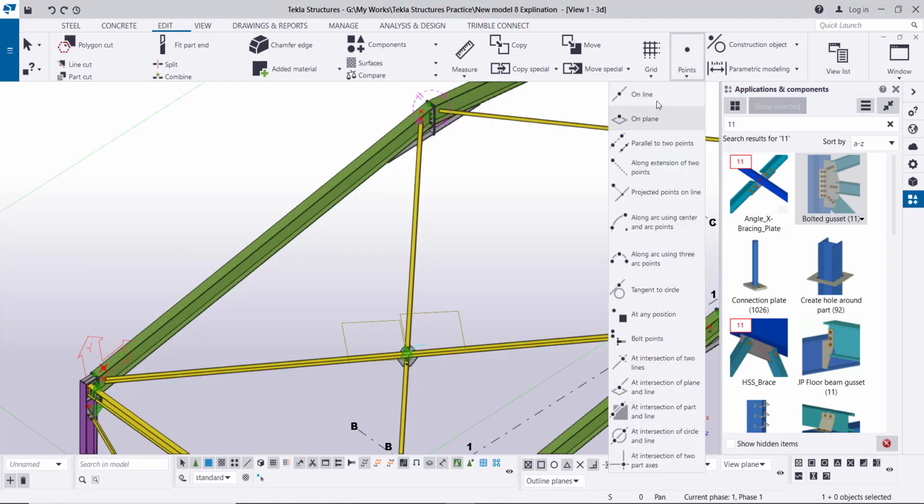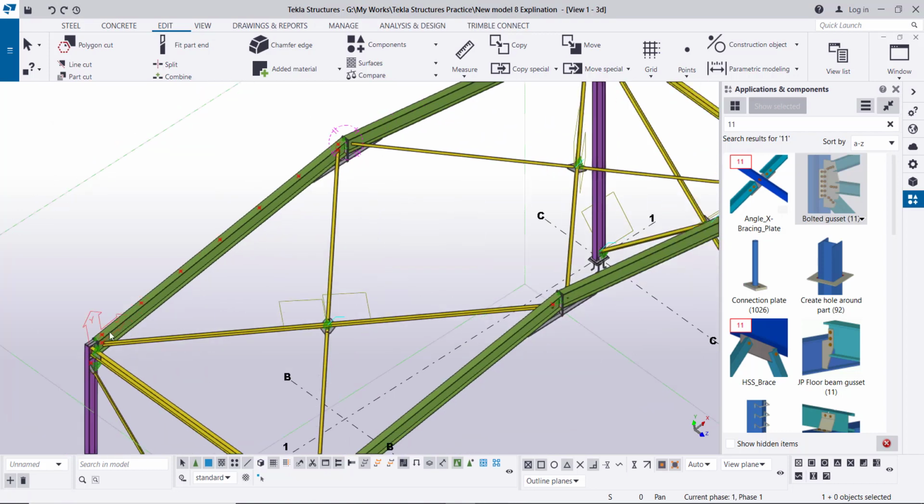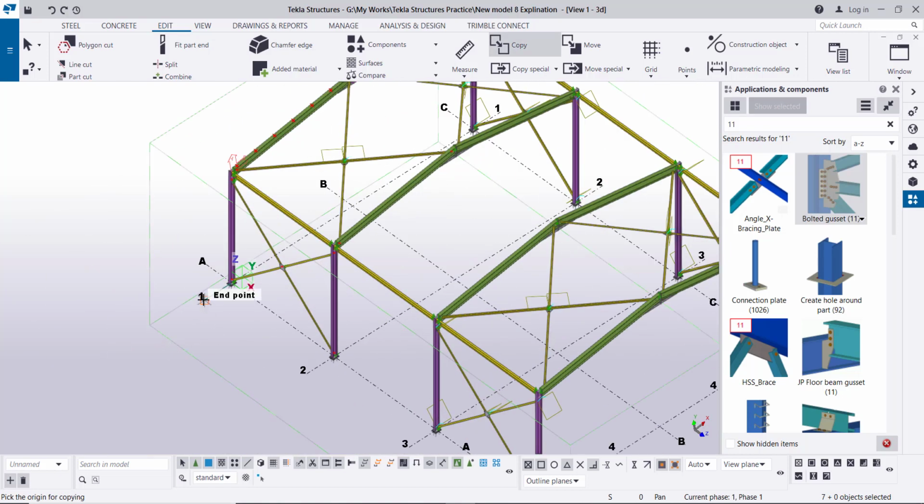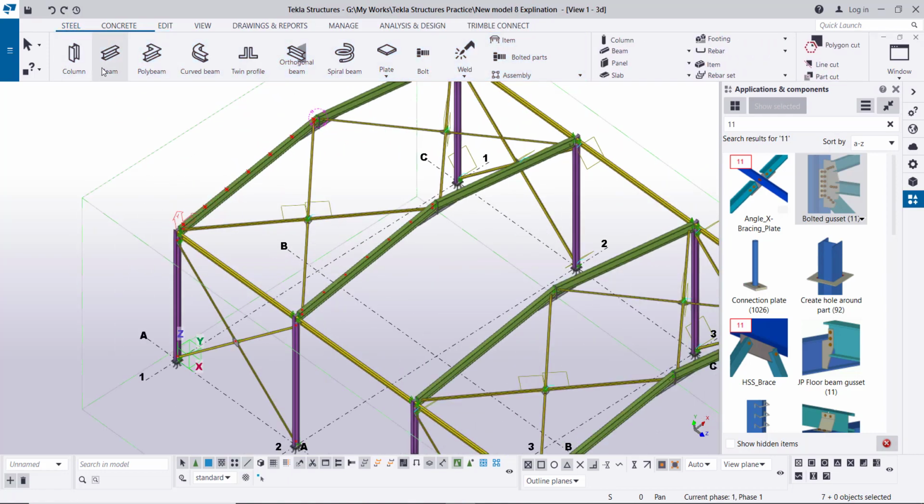Okay, in between these 2 points, I'll create 5 points between this point and this point. Then we'll copy these points, copy from this grid to this grid. Okay. Then we'll go to create the purlins,